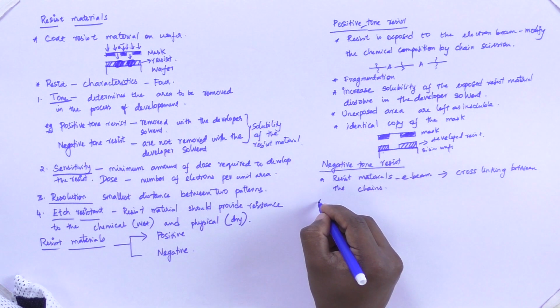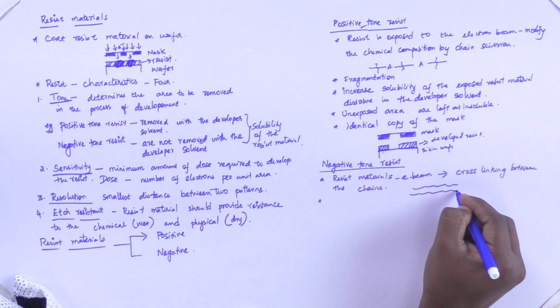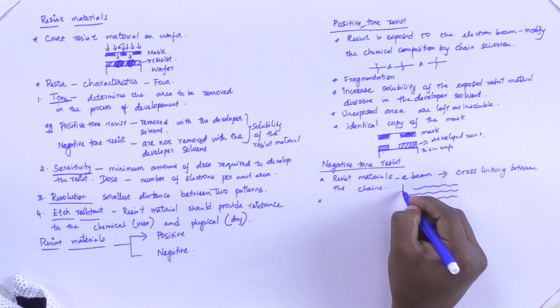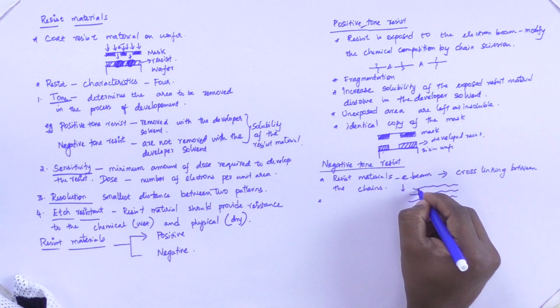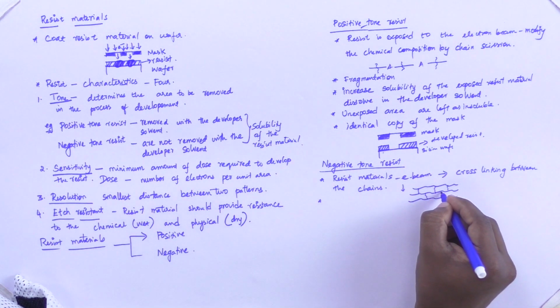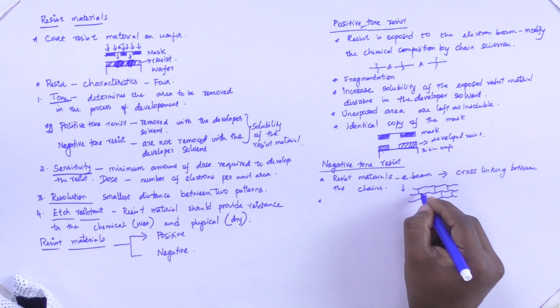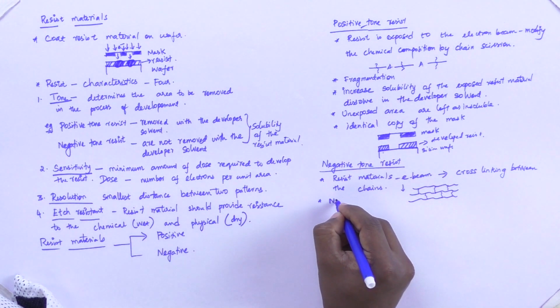So you have two chains. What will happen when you pass this electron beam is the secondary electrons produced will make chain cross linking. So this links the two chains, which makes new bonds,